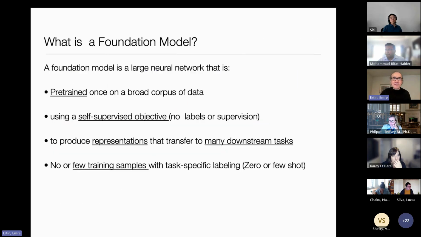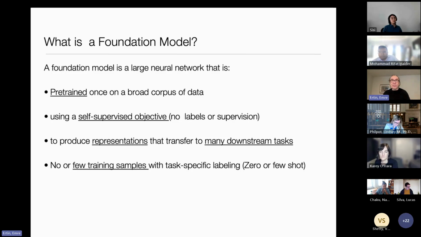So I think now we can look at this question a bit more carefully. What is a foundation model? So what is it at the end? It's a large, deep network that is pre-trained once on a broad corpus of data using an objective that does